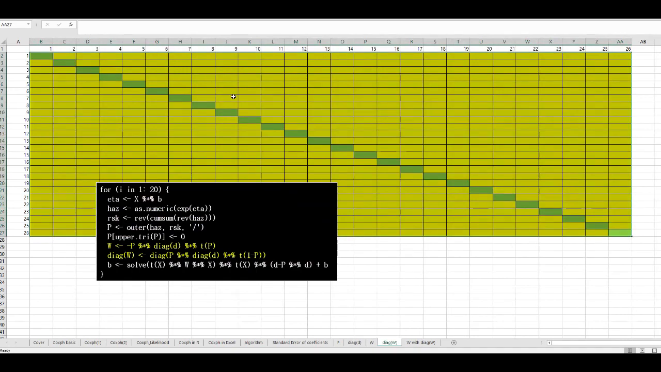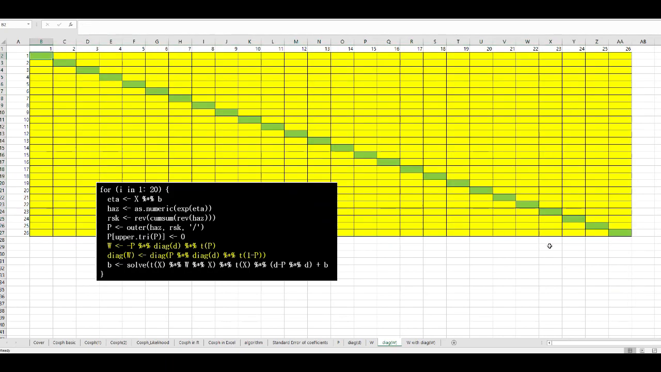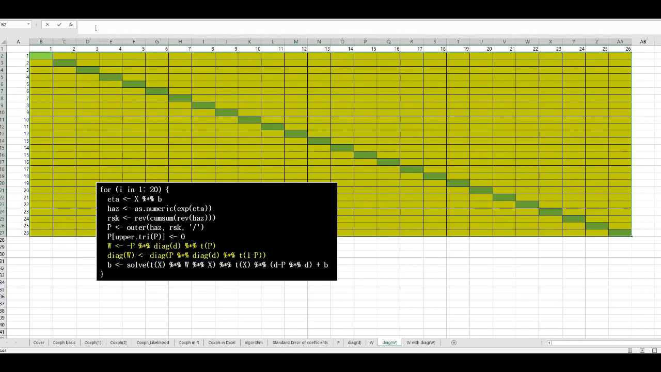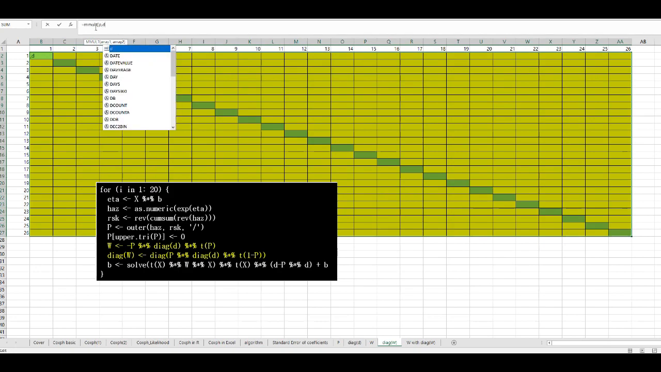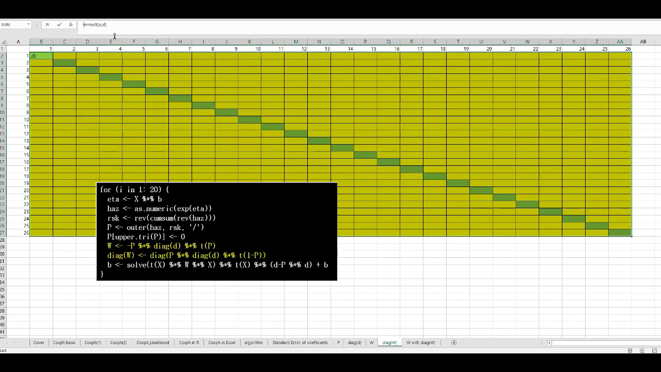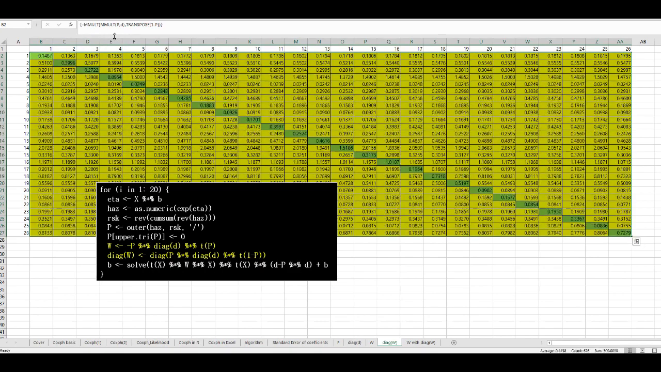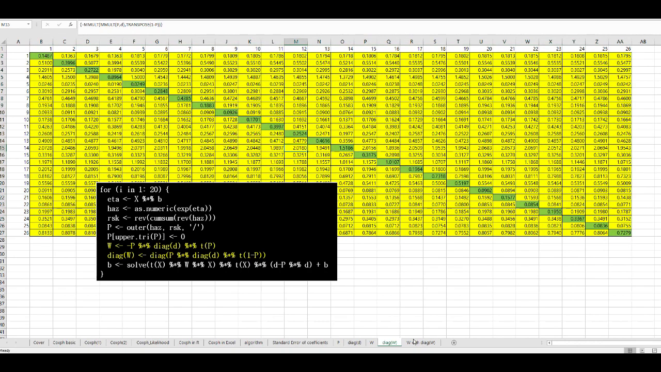Okay, so merge P, comma, and the matrix again, and merge, comma, transpose minus P, and press Ctrl Shift Enter. Okay, let's give an okay,